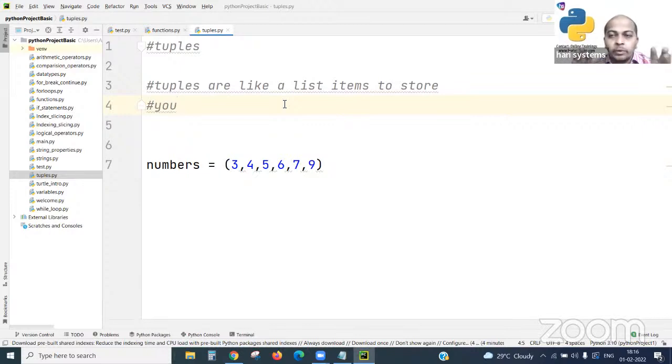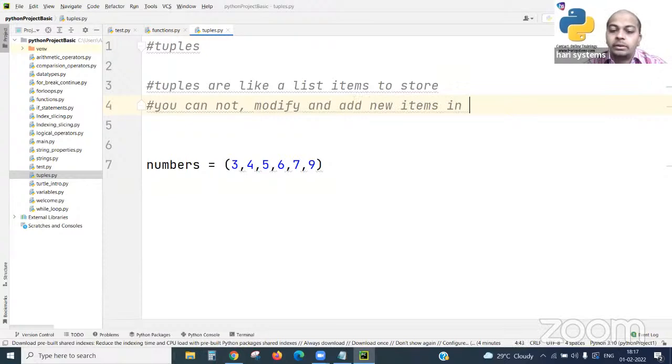It cannot be possible. It's a very important interview question as well: will you modify a tuple in your program? It cannot be possible. You cannot modify or add new items in a tuple.